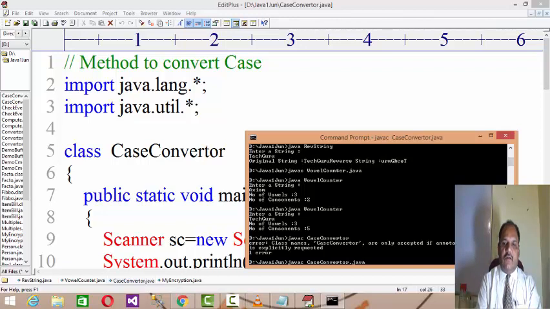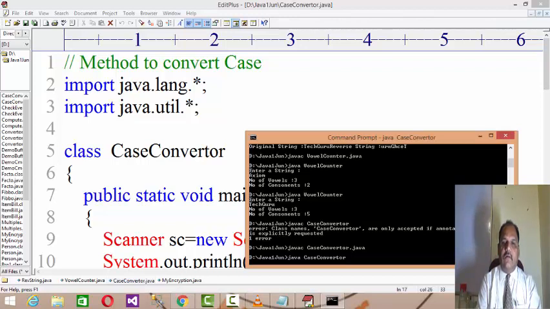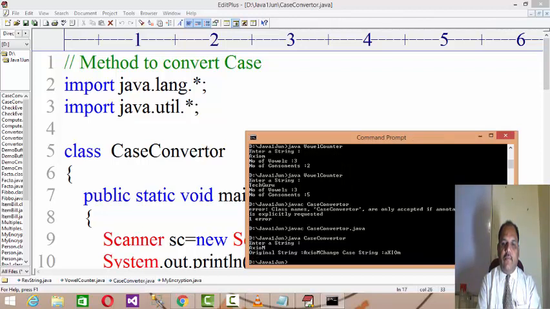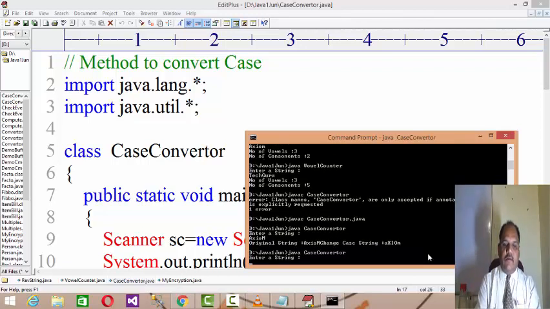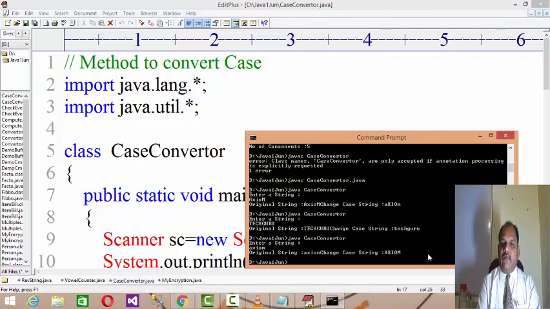Okay, Java case converter.java. So we compile it first and then run Java case converter, right? You enter the string axiom, right? Here A and M I am writing in capital, so I'll get only the A and M in small, and xi is in capital over there. If you enter the complete string in capital, you will get the complete string in lower. If you enter everything in lower, you will get everything in capital over there.